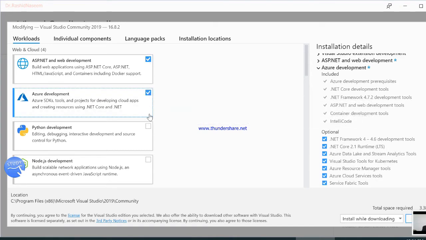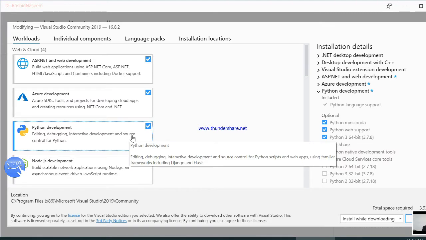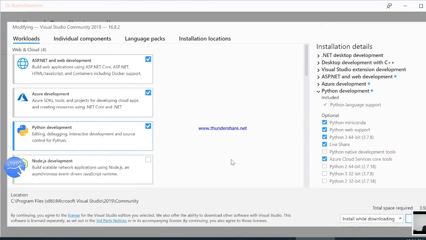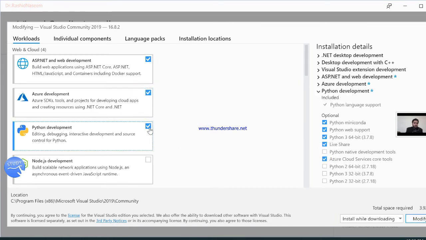The most desirable workloads should be checked here, and then you can come to the bottom right portion of this application screen and click on the Modify button. Modify means that all these checked components will be installed into your Visual Studio.